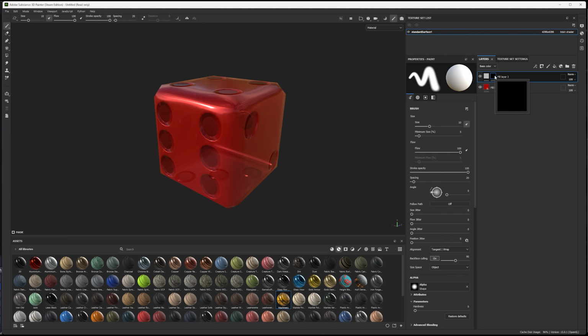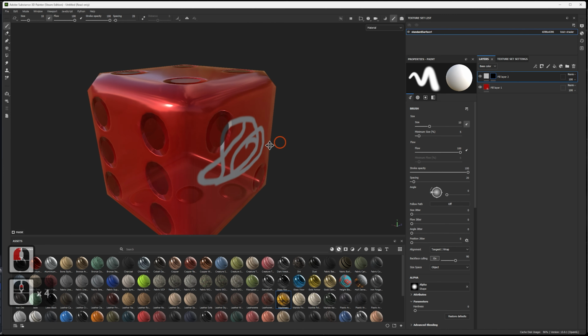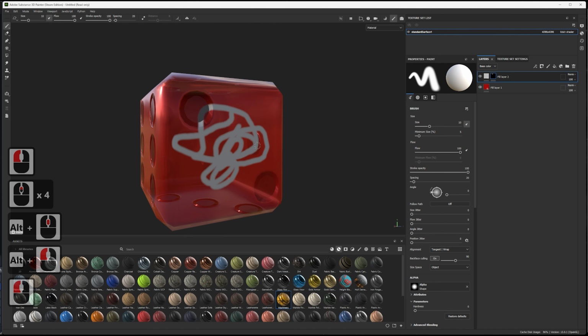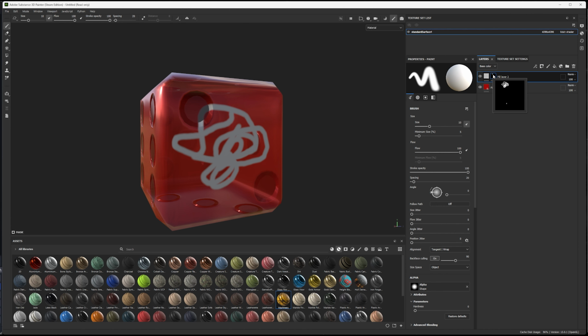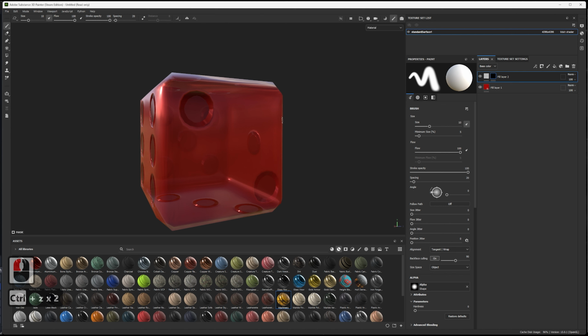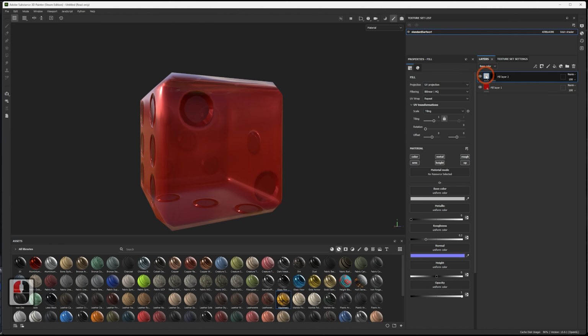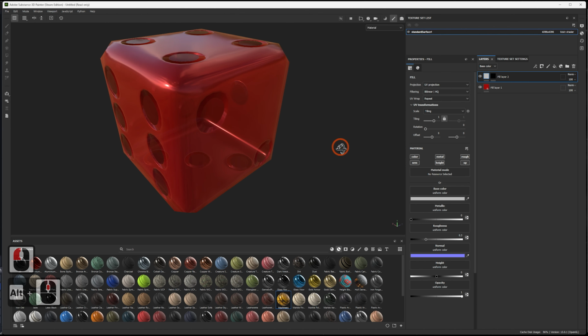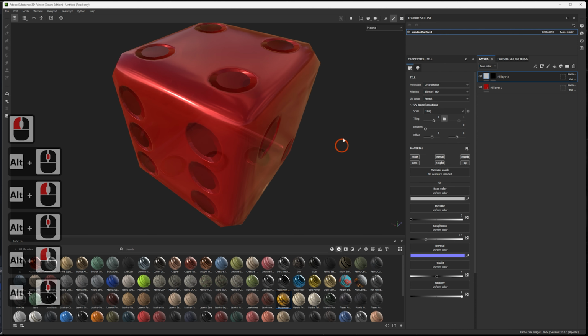Okay. Now, if I wanted to paint on here, you'll see that I can bring that white color back. See that? Okay, and you can even see it on the mask here start to show up, the drawing that we made. See? So we can paint with the white color to bring the white color back. Okay? And a white mask would do the exact opposite. So why did I add another fill layer? Well, I want to apply